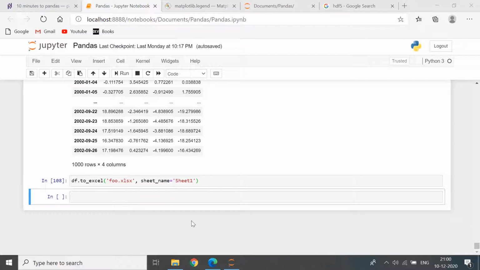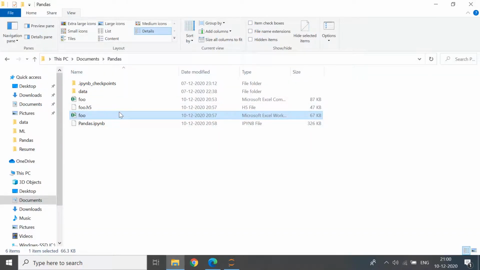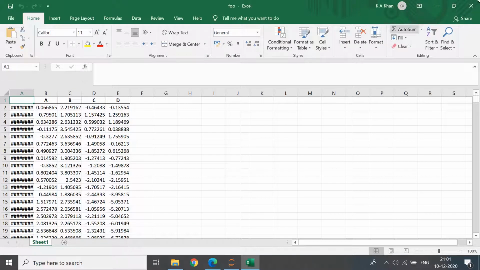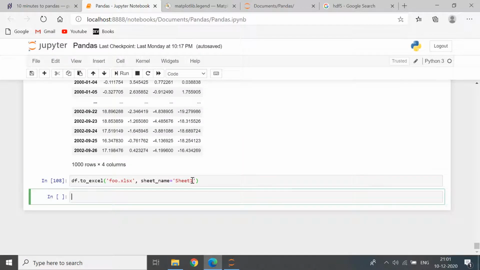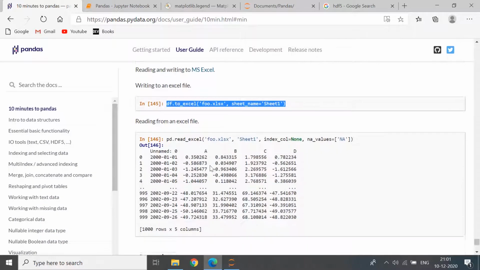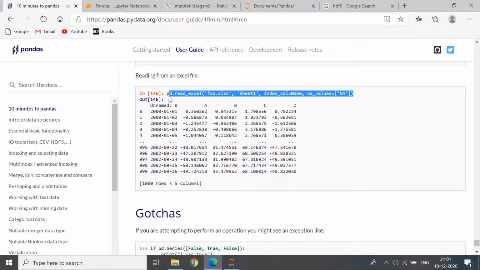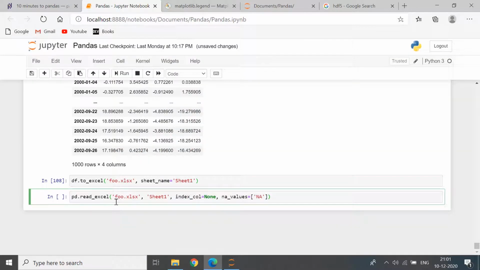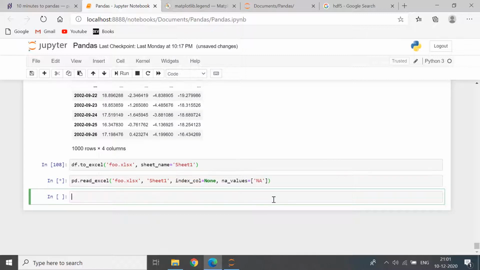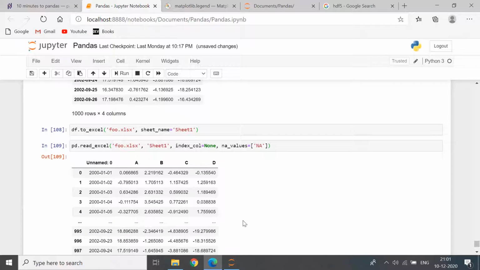So what this did was the same Excel stuff, convert this into an Excel workbook, and you can specify the sheet, so it places it into sheet one. Now let's look ahead. You can also read from the Excel file quite similarly. Just do pd.read_excel, the file name, the sheet name, and you can set the index column to none, the na_values to NA. For every NA value, it reads them and changes them to this capital NA, so it might be easier to work with them.